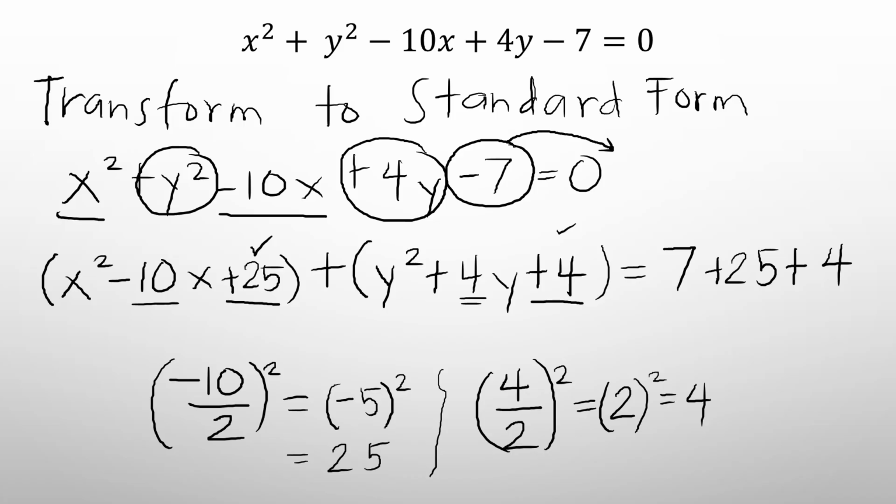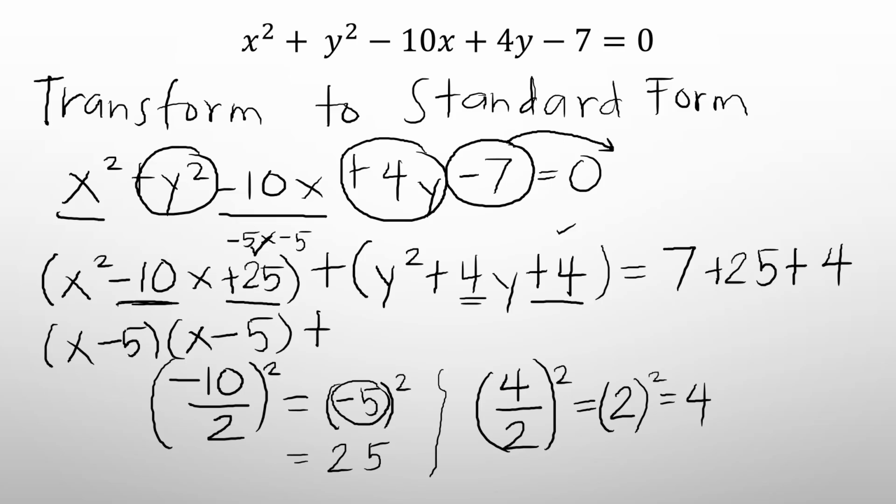Now, let's factor x squared minus 10x plus 25. So that is x and x here. And for 25, we have negative 5 times negative 5. We may use 5 times 5. However, when we add, the value here is negative. So we use negative 5 and negative 5 here. So negative 5 times negative 5 is positive 25, and adding the same numbers will get negative 10. So here we have minus 5 and minus 5 here. You will see also that value here.